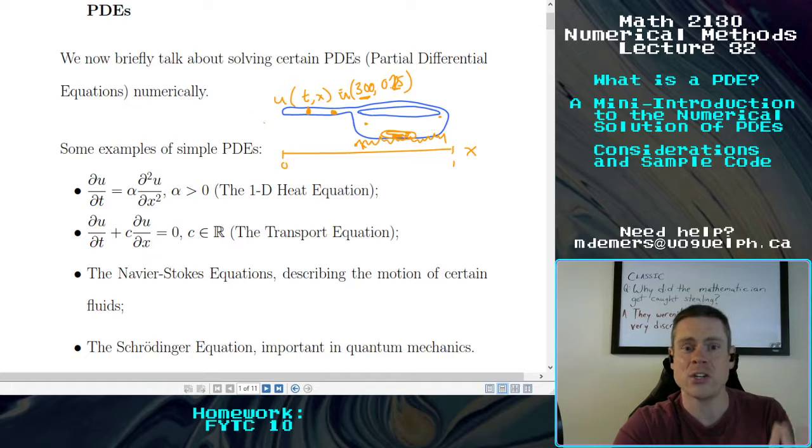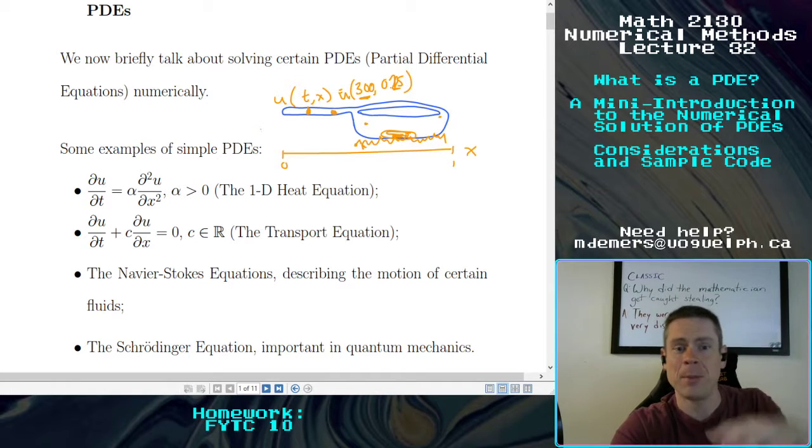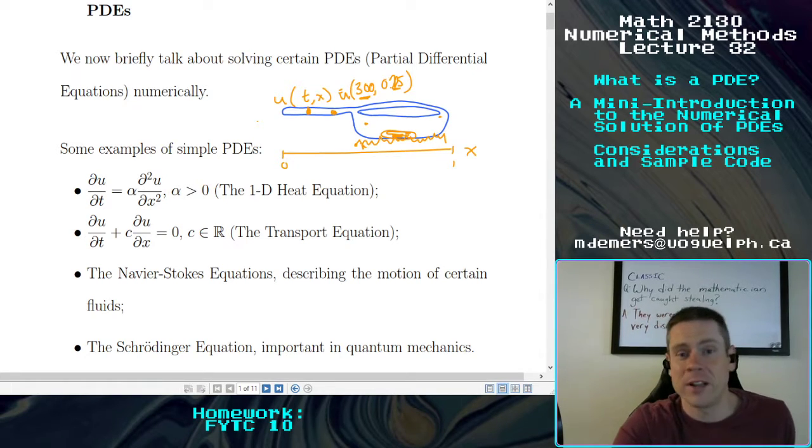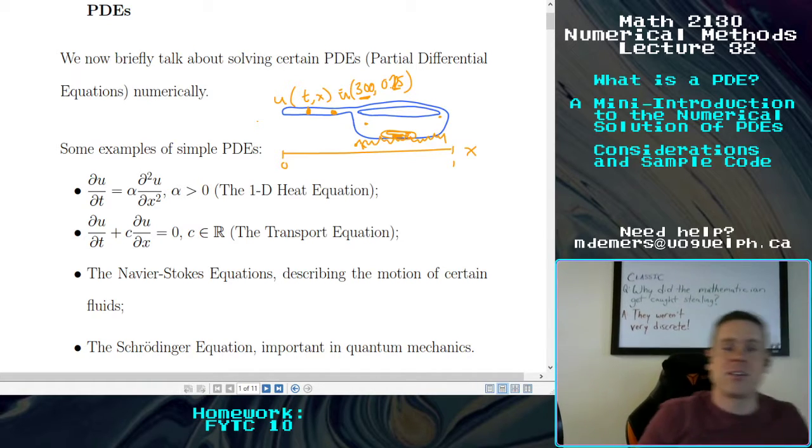fits an equation, one of these partial differential equations, that's the u that solves the problem, and it describes what the temperature is doing at all of those different times and at all of those different points in space. That's just one example, because there are lots and lots of different kinds of PDEs. There are PDEs that describe